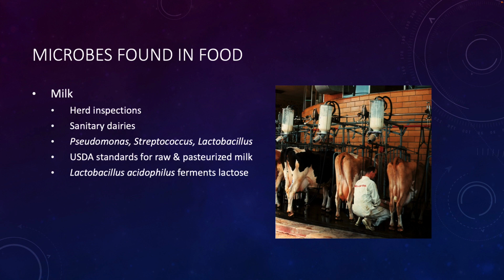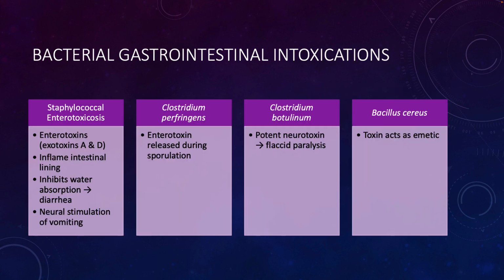Now, when it comes to the specific types of infections that we can get from food, we can get what are called intoxications. So there's a difference between an intoxication and an infection. With an intoxication, it's not necessarily the bacteria itself that is making you sick. The bacteria is producing a toxin, and the toxin is what makes you sick. So some of the Staphylococcus species produce toxins that cause diarrhea and vomiting. Clostridium perfringens produces an enterotoxin that causes diarrhea and vomiting. This one is dangerous, Clostridium